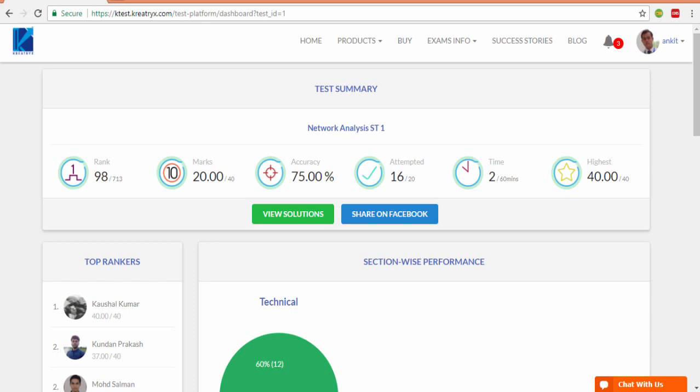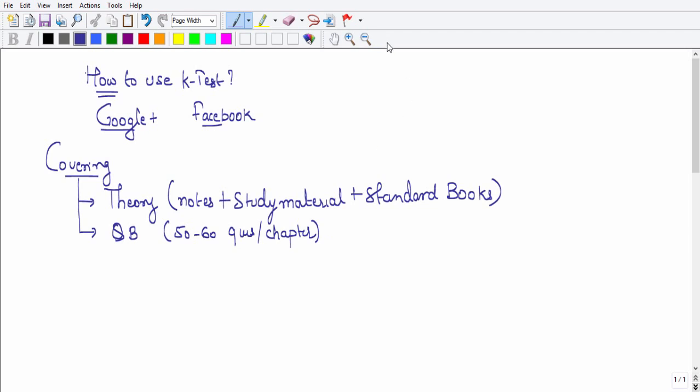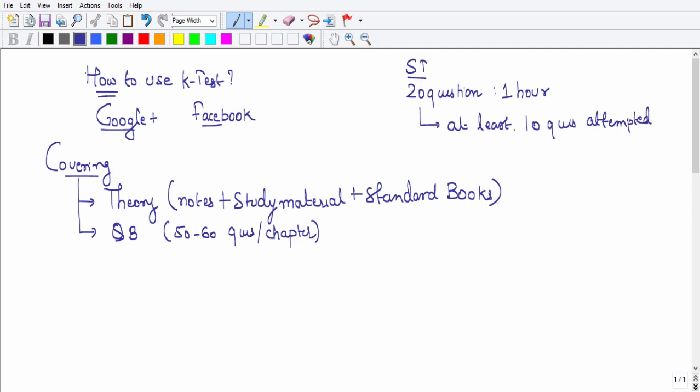In order to improve the accuracy, this attempt should not go too down.